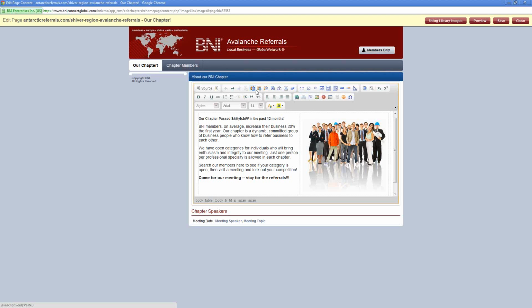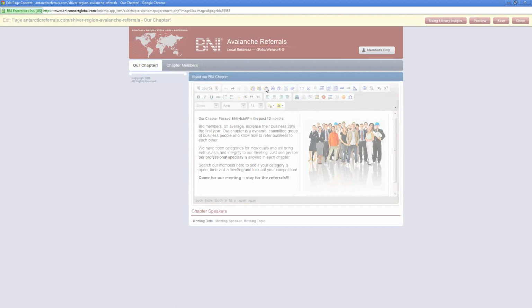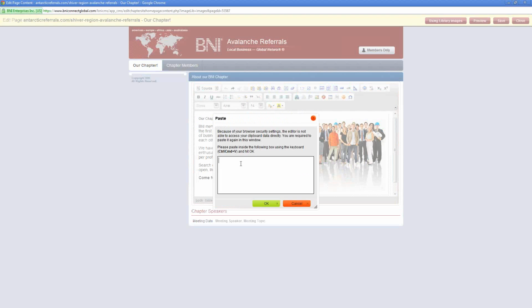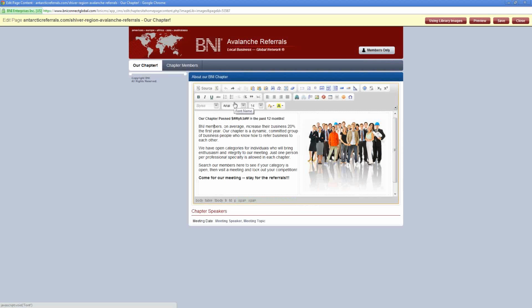If you want to paste it as it is, then you use the paste button. If you just want the text to come in, but you want to be able to put your own formatting on it, you probably want to use this paste as plain text button. Now this third one is paste from Word, and Word has the tendency to put a lot of back-end code in it that a lot of these CMS editors don't really play well with,